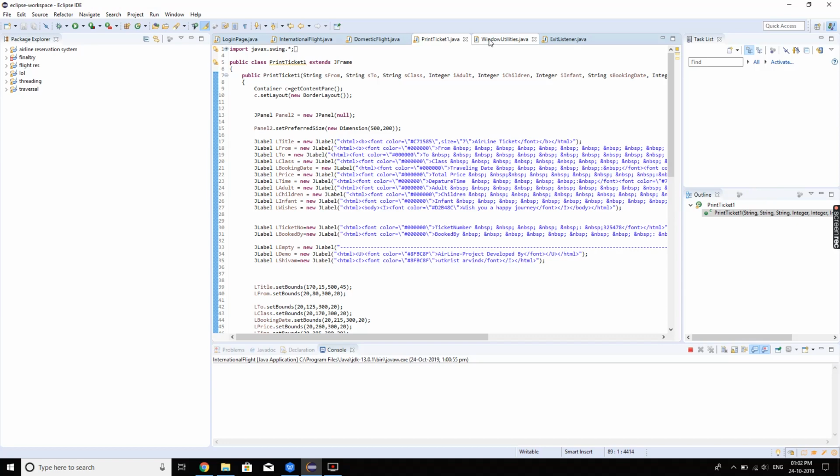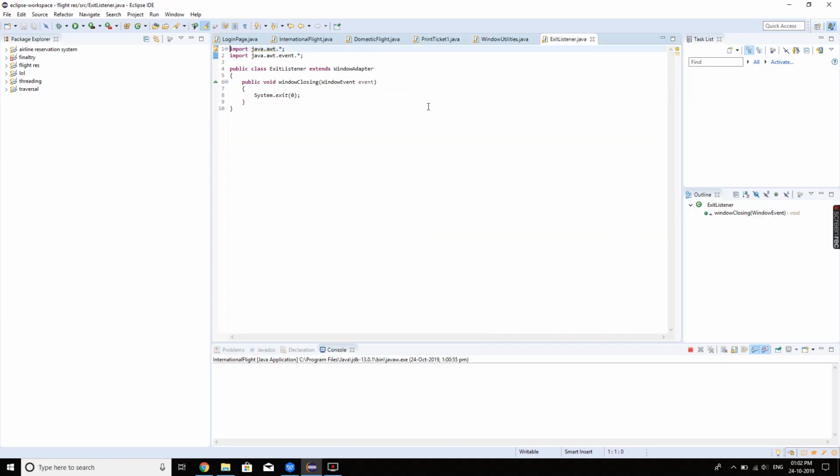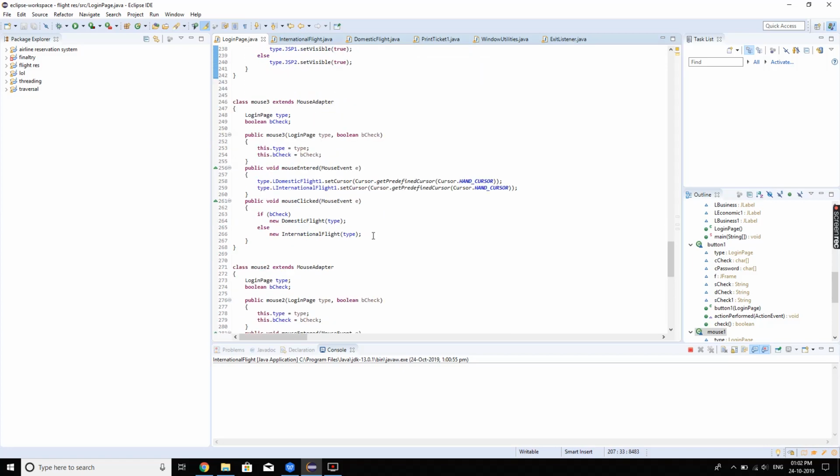And then there is Windows utility, which is basically to see an error, and there's the exit listener, which is basically once you've exited after choosing whatever you want, once you've done everything, this just exits it. It doesn't go back to the login page, it just closes entirely. Alright, so that's basically what I've done totally, and I'll just explain to you how I have